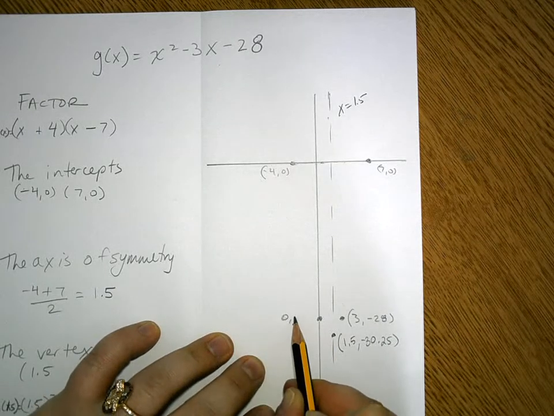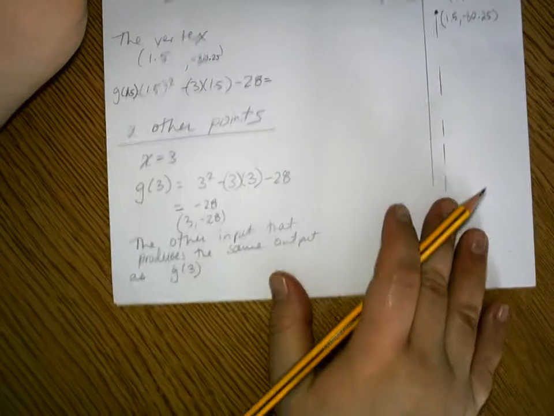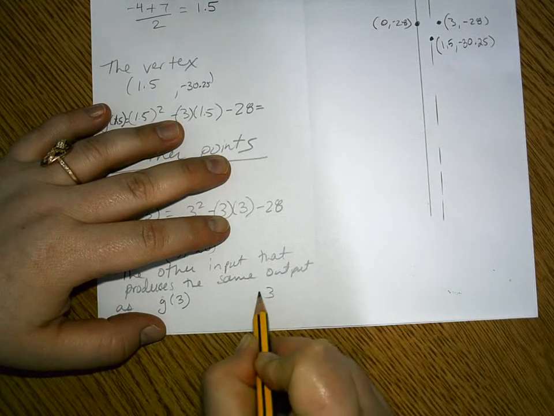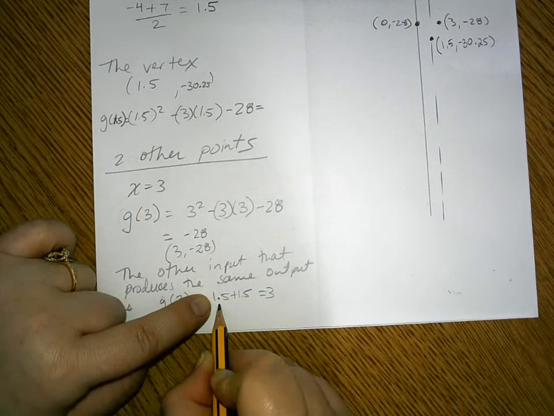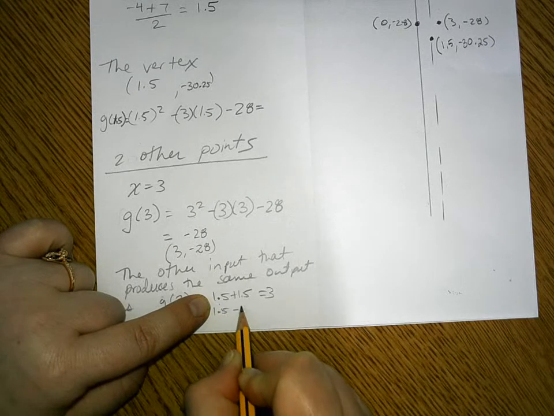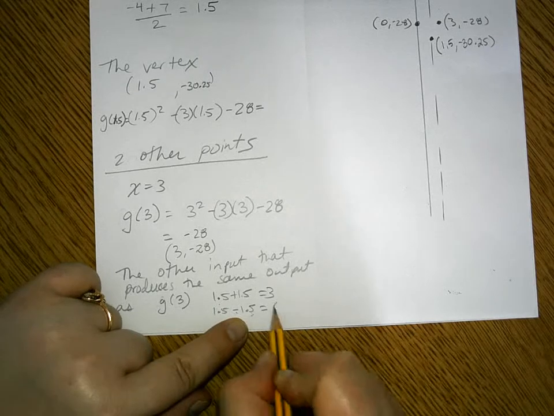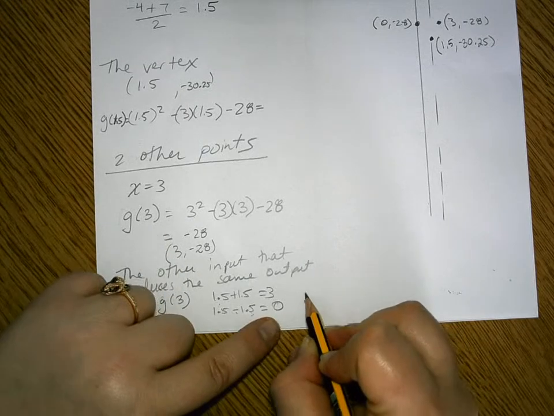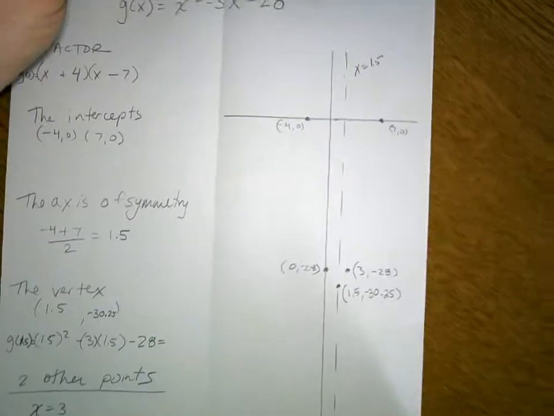And then the point on the other side is going to be 0. Now, I did this in my head, so I'll show you guys how I did it. This is what my thought process was. The 3 is 1.5 units from the axis of symmetry to the right, and we want to go 1.5 units to the left, so subtract 1.5, and that's how we get 0. And so we have (3, -28), and we have (0, -28). Those are our two other coordinates,